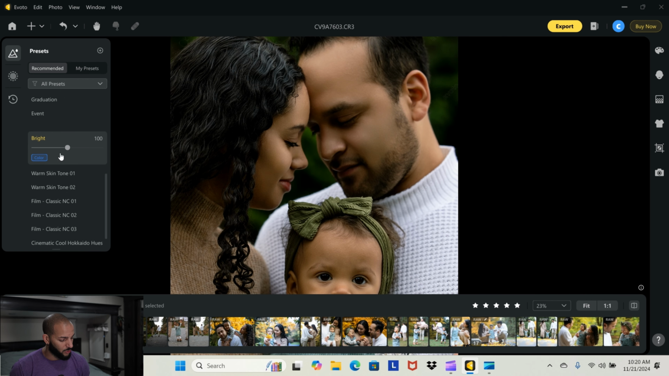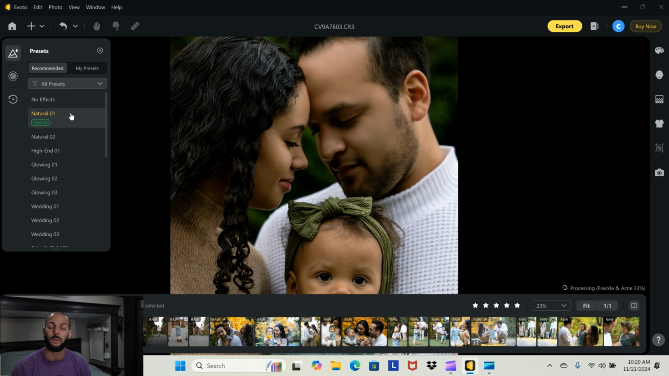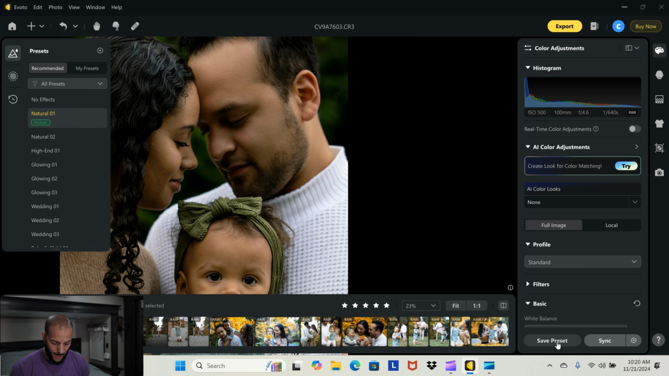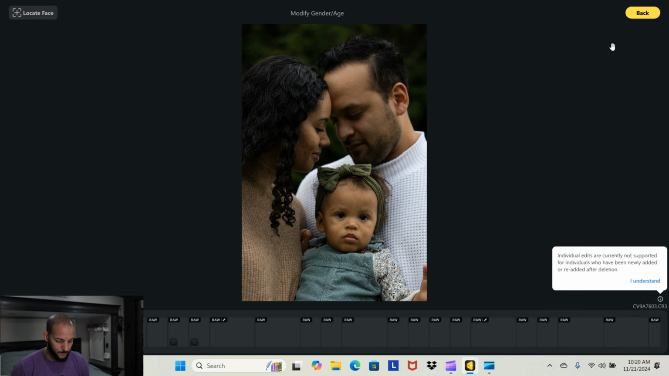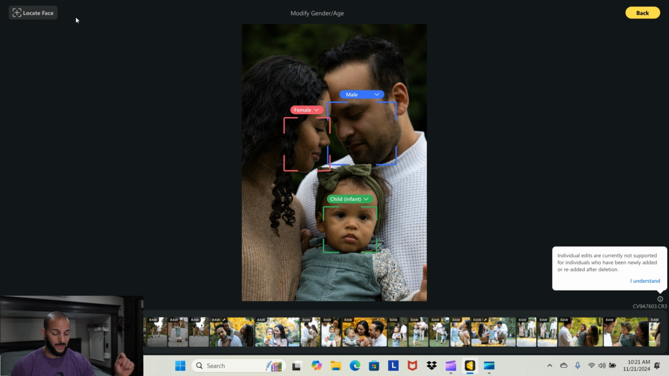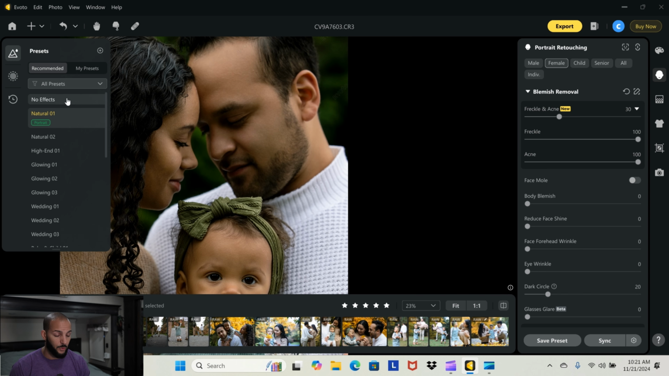Let's move on. So let's say I like natural 1, but I need to make adjustments. If I make those adjustments and I want to keep them, I go to Save Preset, and Save Preset is going to be under here as well, under Portrait Retouch. Whatever you have done will save that, and it will save it in relation to, I have to show you this because this matters. It'll save it in relation to that preset that detected those subjects, that being, in this photo, a female, a male, and a child. So I designed a preset